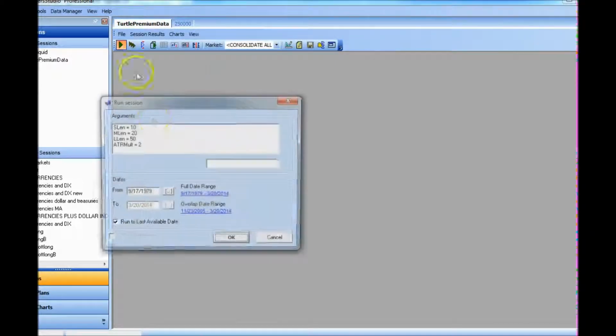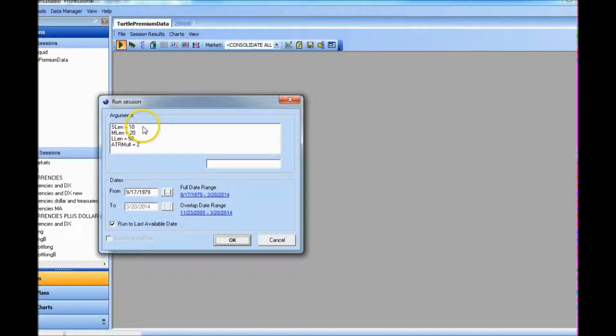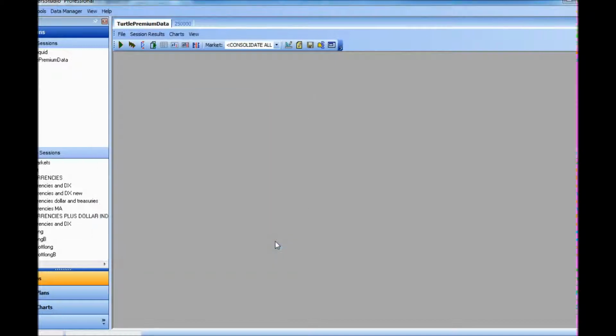And then we can go ahead and edit what we figured. So here we could test a 10, 20, and 50 day triple moving average strategy. This ATR Mult would determine our risk per trade in the trade plan once we got done with this test. And there's all kinds of things that you can then do with this software program. You can test virtually any kind of idea that you can come up with, and you just have to learn some of the coding. So we'll go ahead and look at that